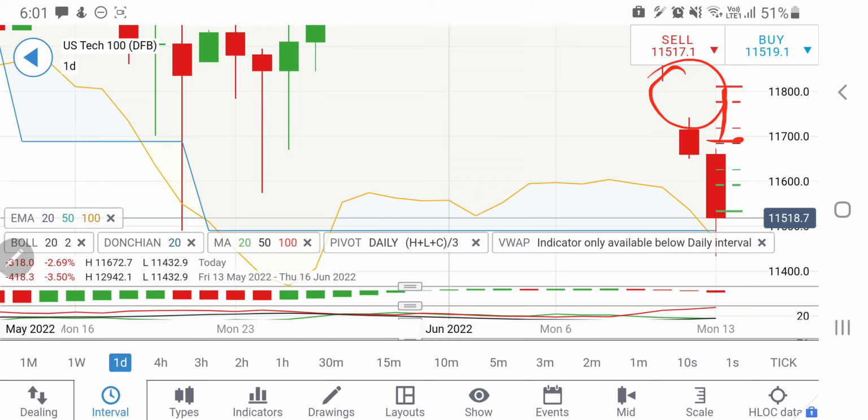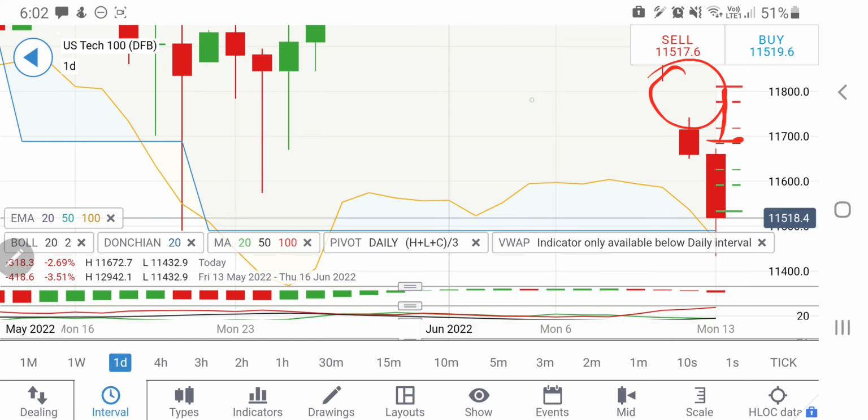Below 11,400, yes, we can expect a sharper drop. Next targets are 11,320, 11,250 and 11,200. Yes, this is a sharp and strong support zone. So be watchful of these levels. Trade accordingly. And yes, on the upside, I have given you the resistance zones. You can close your trade at each of the resistance levels and try to re-enter or keep trailing with a trailing stop loss. So trade accordingly, trade profitably.